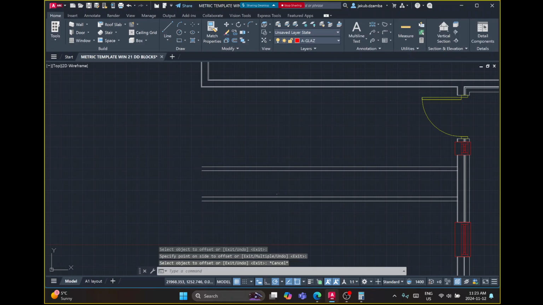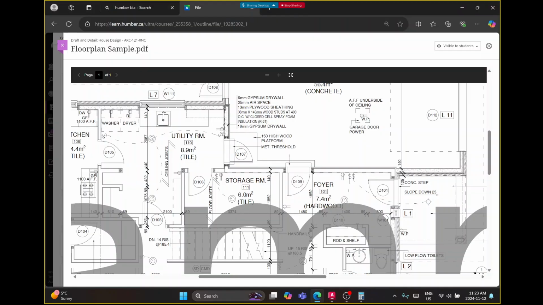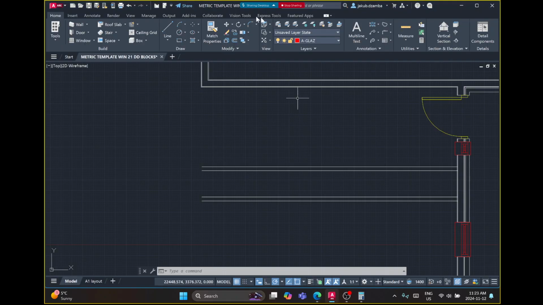So we have the depth of our closet, the front of it and the back of it. Now we need to offset from here going the other way. Again, I'm going to go from the wood, 800, 89, 1400, 89. So offset 800